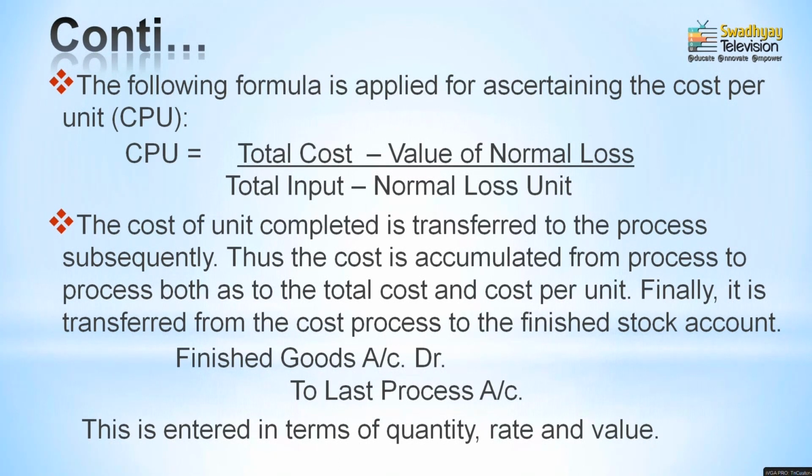Then the next is the cost is calculated and transferred to the subsequent process accounts. We already transferred the processes one by one into the subsequent process account, but the most important part is that whenever you transfer this total cost at the end of the particular process, it would finally be transferred to the finished goods account, the finished stock account. It means that the amount of the process would be transferred at the end of all processes to the finished stock account. And the formula and the journal entries for this finished